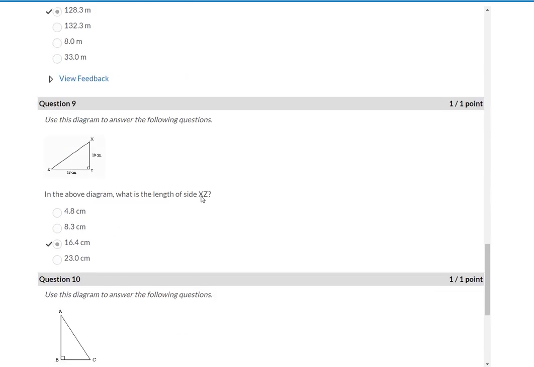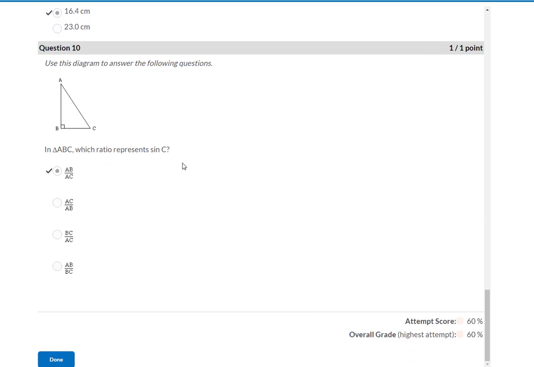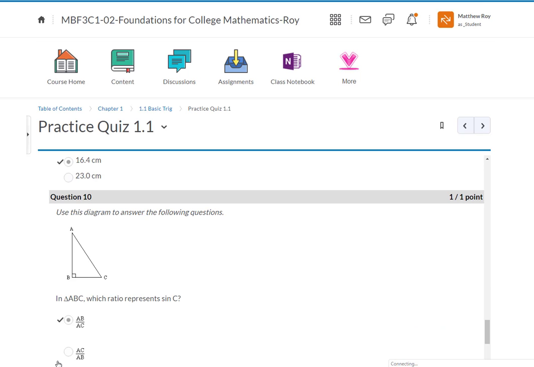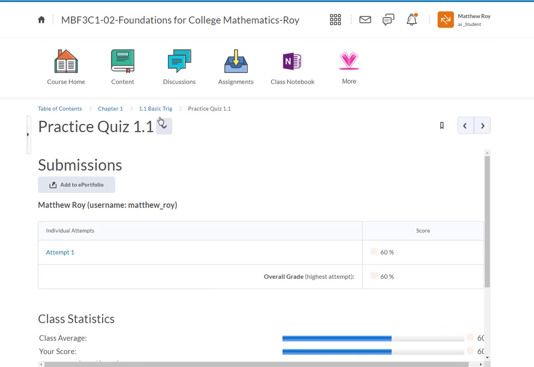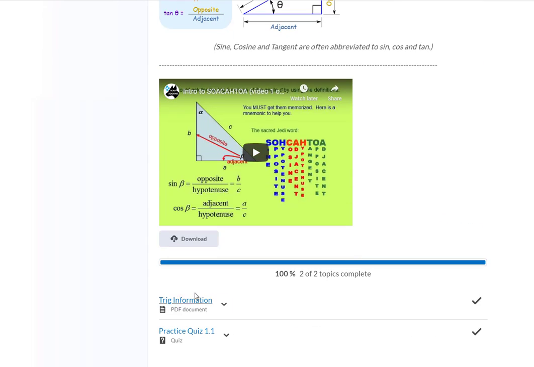Looks like I did get a few of them correct, though. My overall grade was a 60%. Good for me. Now, that's not quite good enough to unlock the real quiz. You need to score at least 70% on this practice quiz, and when you do, that's going to unlock the actual quiz. Now, that actual quiz should appear underneath here